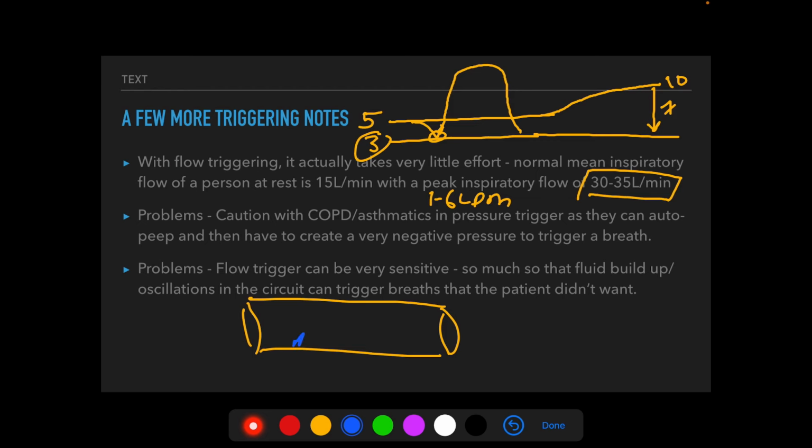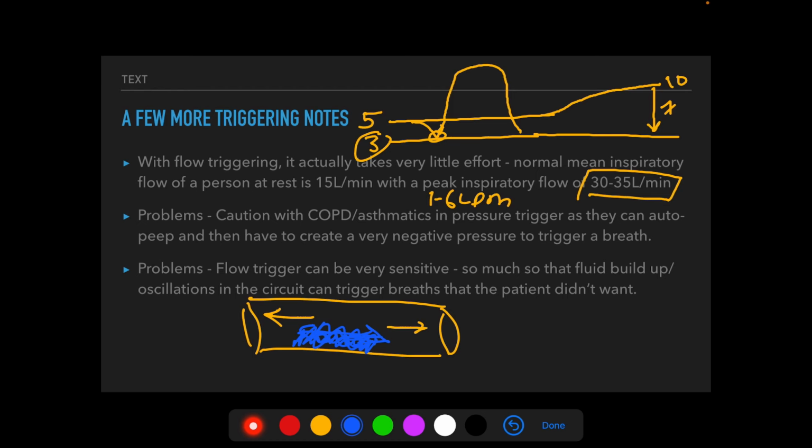We've got our fluid, secretions, whatnot, junk building up. Any sort of breaths in and out, oscillations of the circuit going back and forth, can actually move our liquid back and forth, and the vent can sense that as movement, as a change in flow,